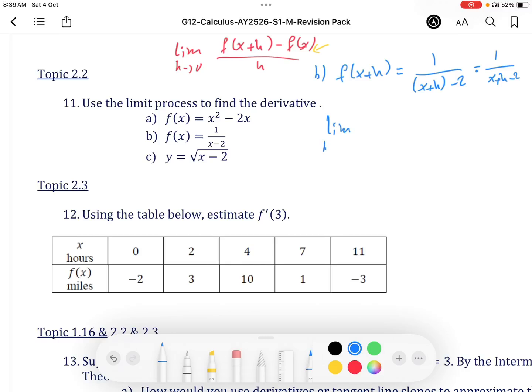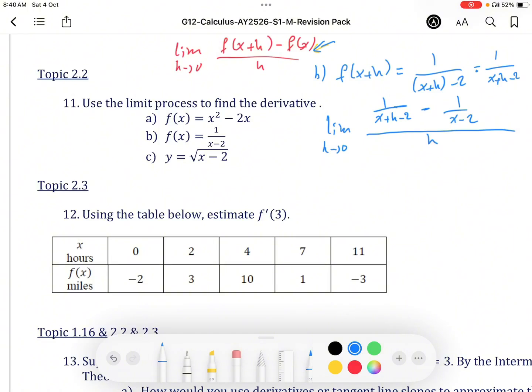Replace limit when h approaches 0: 1 over x plus h minus 2 minus f of x, 1 over x minus 2,